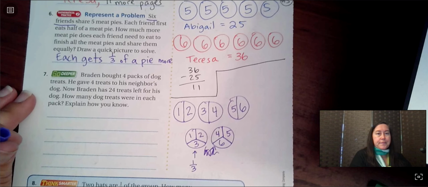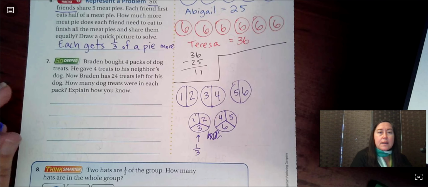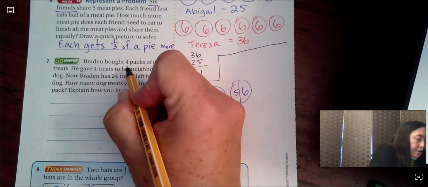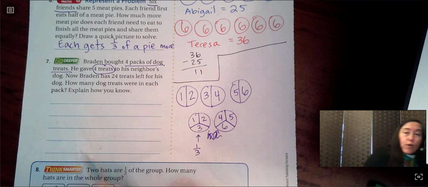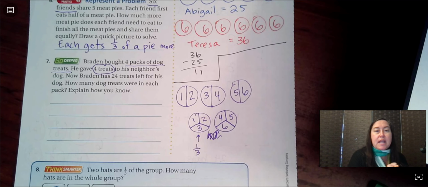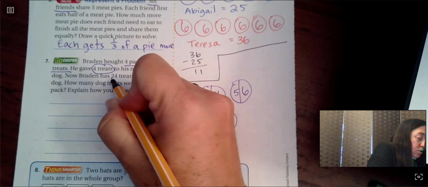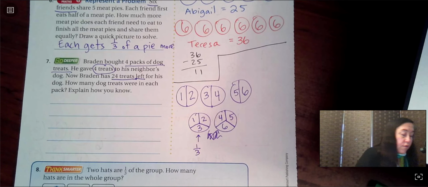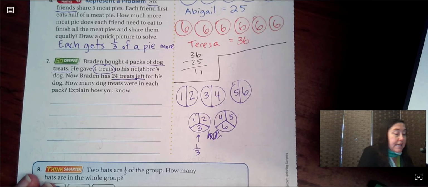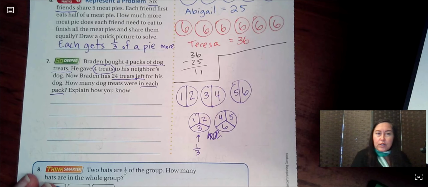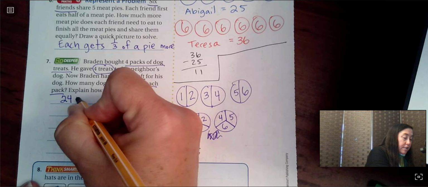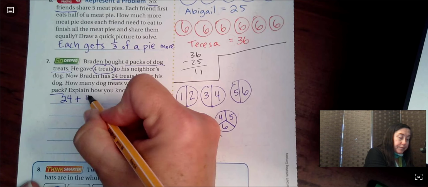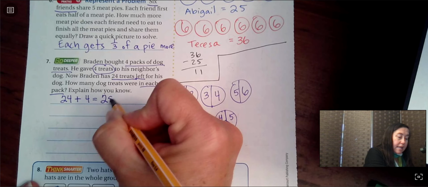Let's look at number 7. All right. Number 7 says, Braden bought 4 packs of dog treats. He gave 4 treats, not 4 packs, but 4 individual treats to his neighbor's dog. Now Braden has 24 treats left for his dog. How many treats were in each pack? First, we need to know how many total treats he started with. He still has the 24 treats, but he also gave away 4. So he started with 28 treats